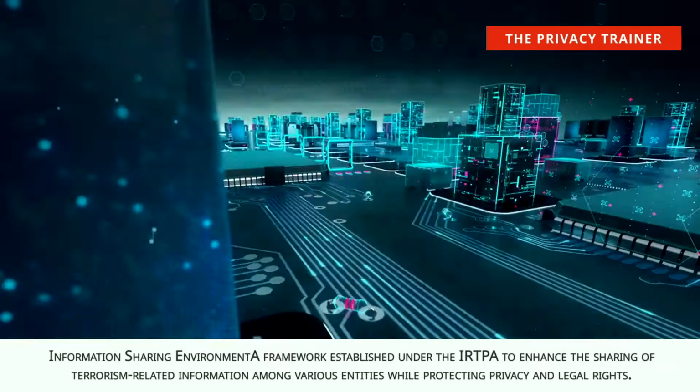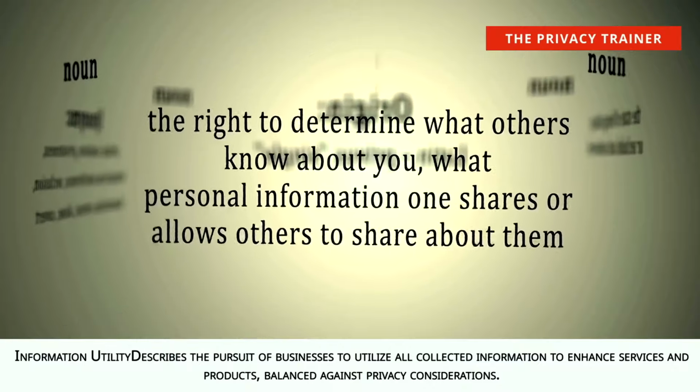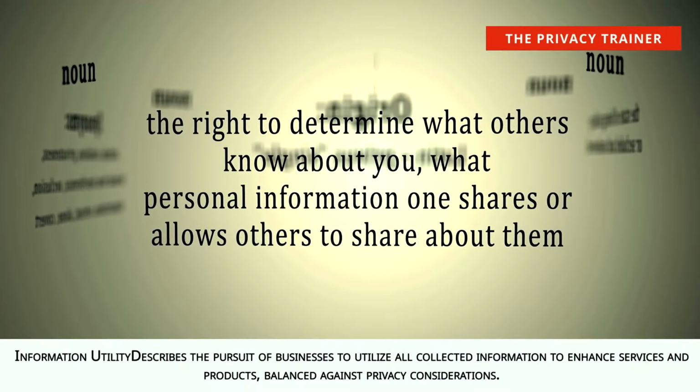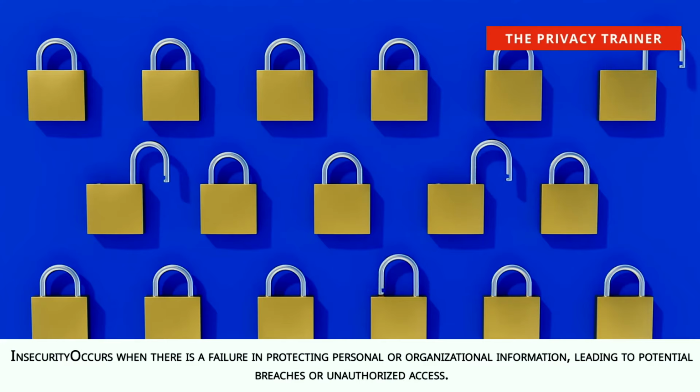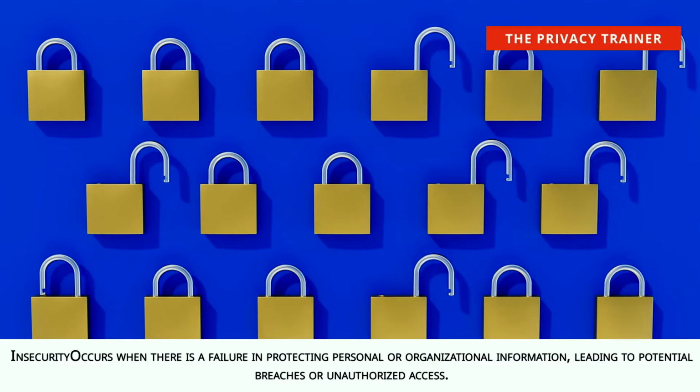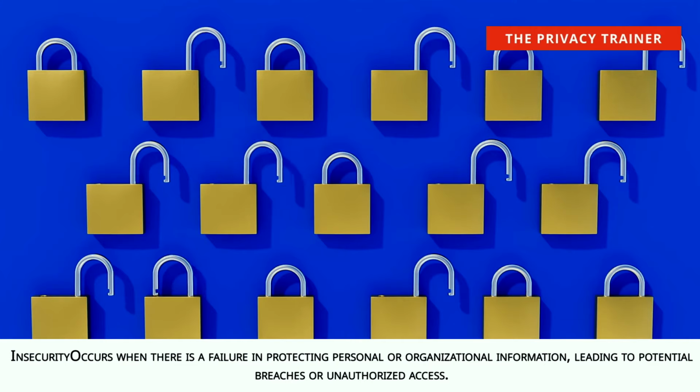Information sharing environment, a framework established under the IRTPA to enhance the sharing of terrorism-related information among various entities while protecting privacy and legal rights. Information utility describes the pursuit of businesses to utilize all collected information to enhance services and products, balanced against privacy considerations. Insecurity occurs when there is a failure in protecting personal or organizational information, leading to potential breaches or unauthorized